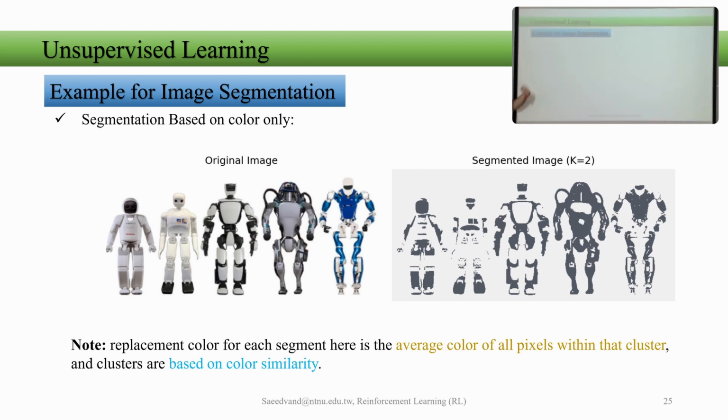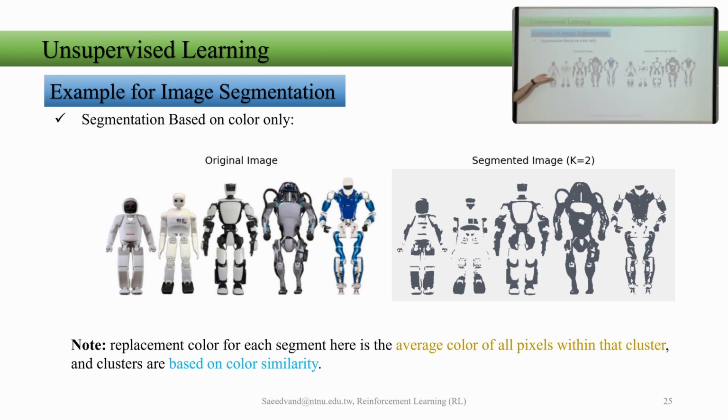Yes, we can, for example, use it for image segmentation. How? K-means can be used for image segmentation. So let's say we have an image, and we want to apply unsupervised learning based on K-means on only color. Each pixel has a position, right? Let's say positions are not important as a feature for me, only colors. I want to run K-means or K-medoids based on only colors to cluster. Can I do that? Yes, you can.